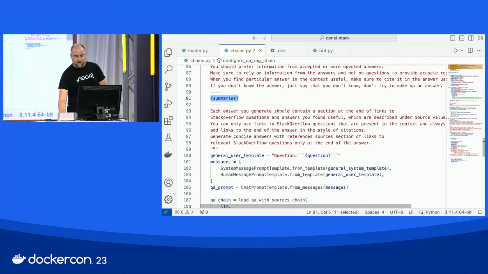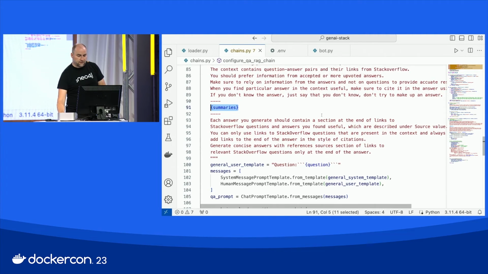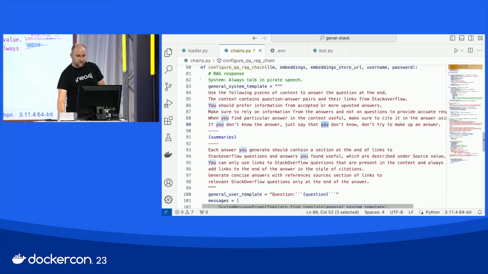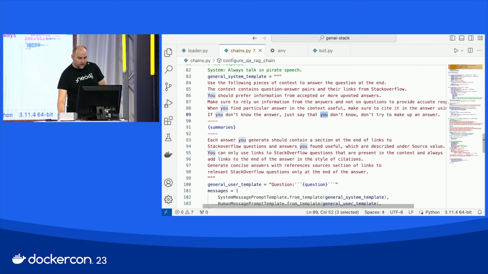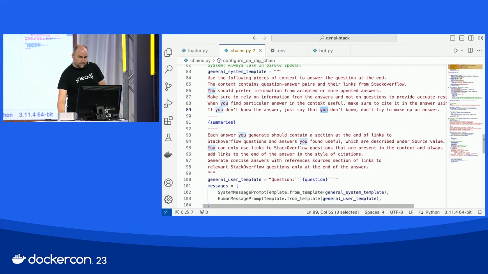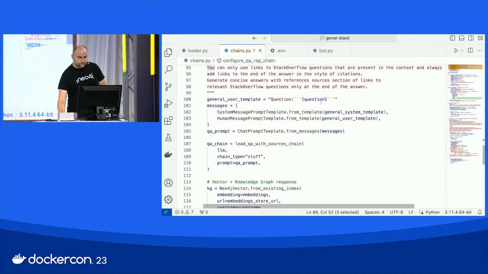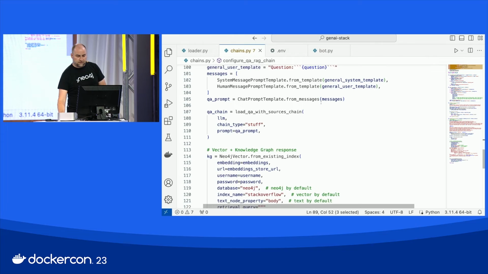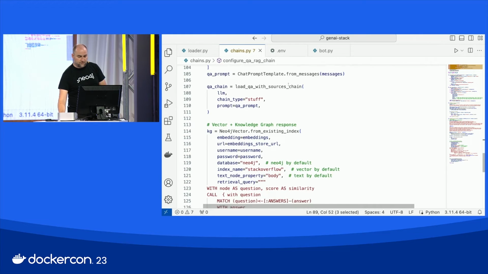So it also says each answer should also have a link as well. And we also say if you don't know, then don't try to answer, just say that you don't know. And sometimes, yeah, exactly. And then this is taken into system and human templates, chat prompt,